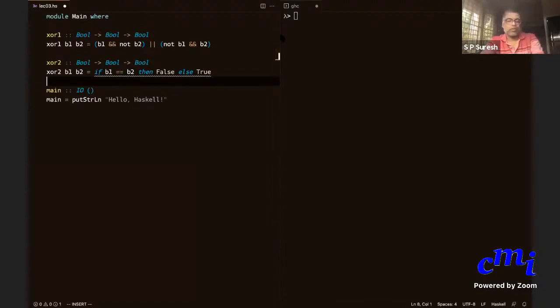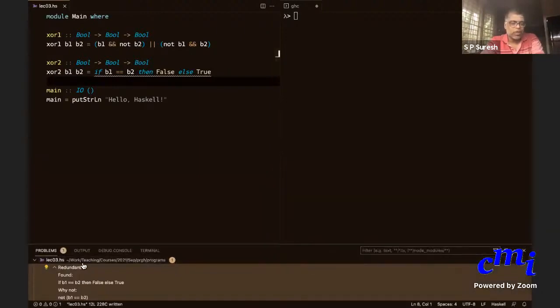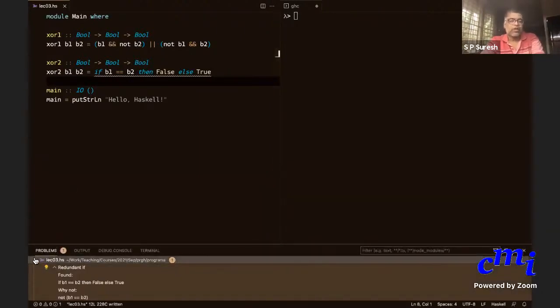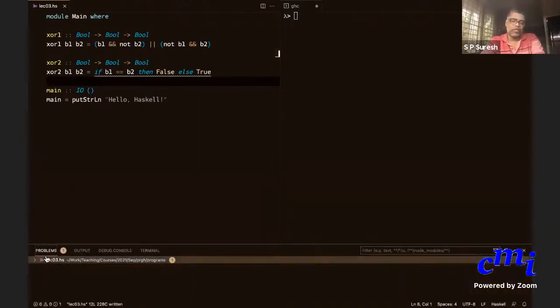So you can do that directly with not B1, not in brackets B1 equal to B2. No, wait. So we'll do all that. I want to go slow. If you've seen this already, then it's fine, good. But let us develop this in a series of steps and get to it. Of course, that is what this warning also tells you, why don't you do that? Yes, VS Code itself will suggest simplifications. It's good. We'll come to that.